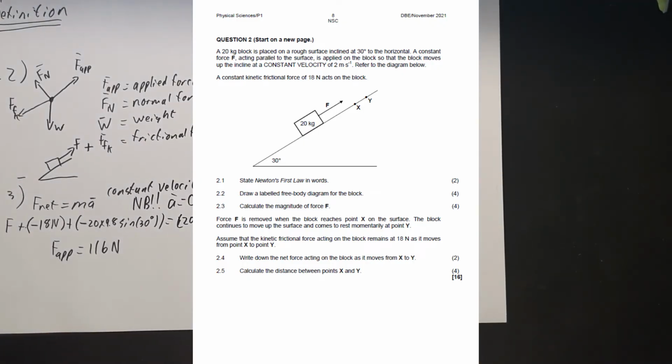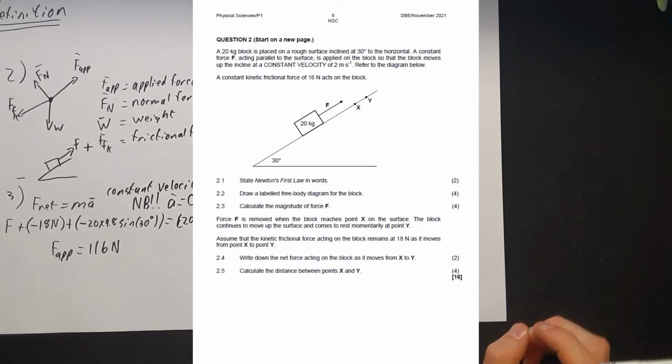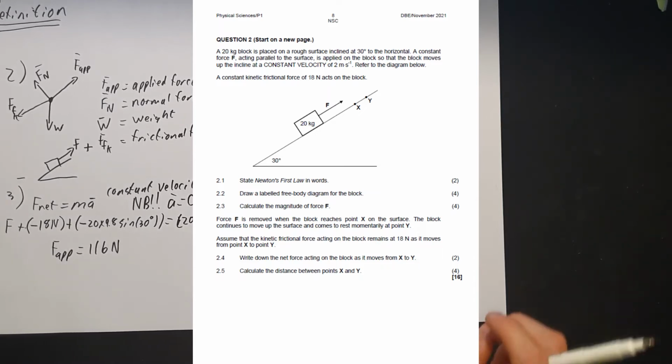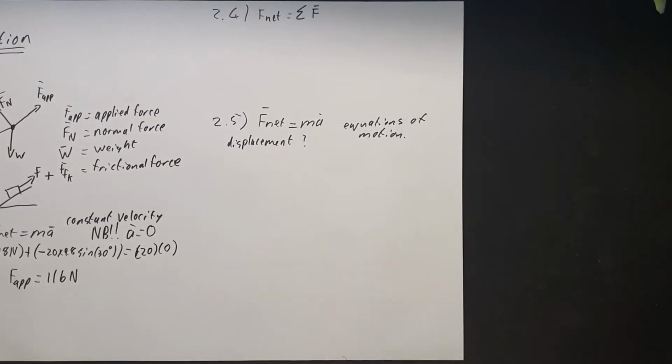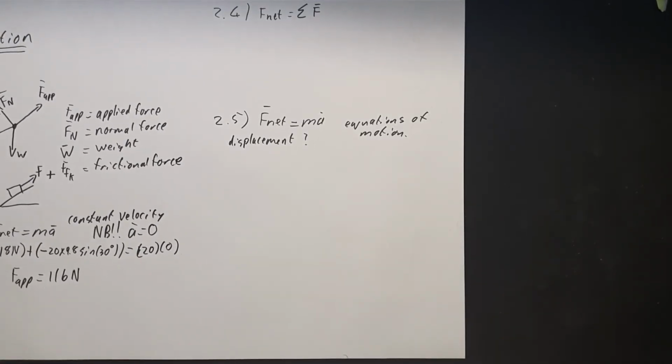Force F is removed when the block reaches point X on the surface. The block continues to move up the surface and comes to rest at point Y. Assume that the kinetic frictional force acting on the block remains 80 newtons as it moves from X to Y. Okay, so 2.4 says now write down the net force acting on the block as it moves from X to